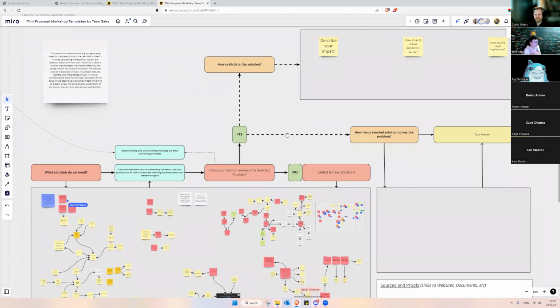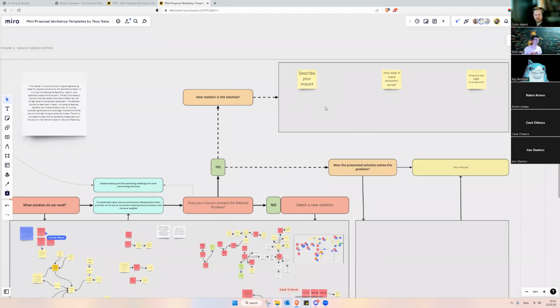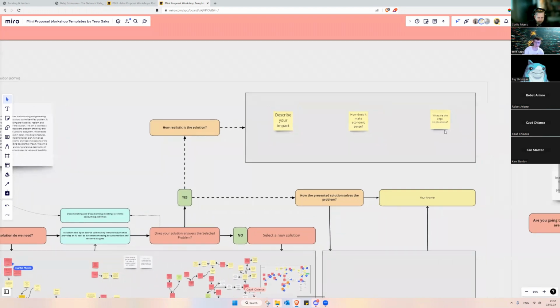You touched on the good point. I like the feasibility of that, and that is where the good segue is, like how realistic is the solution. And a few of these open questions is just simply describing your impact, and are we able to do that? Does it make economic sense? We touched on costs before, and perhaps we could brainstorm more of them. And are there any legal implications, which I also touched on, which reduces the chance that everything is open source, something has to be, basically, yeah, all of these topics again.